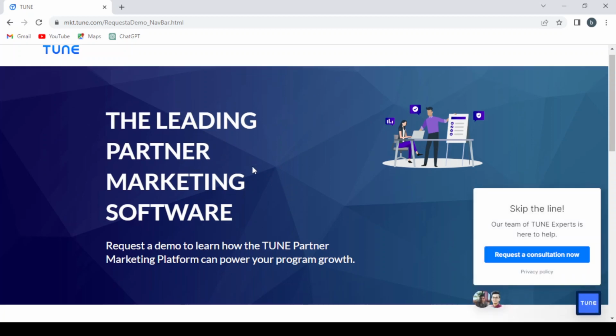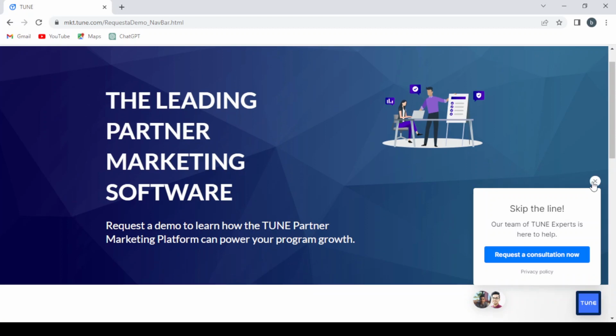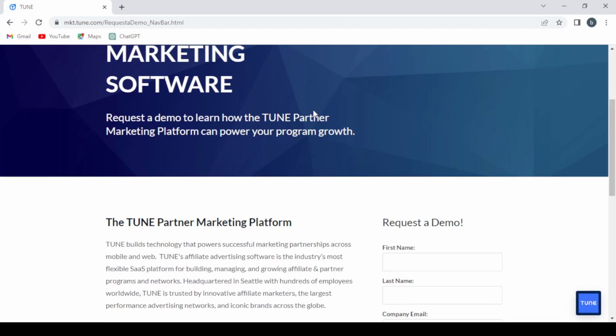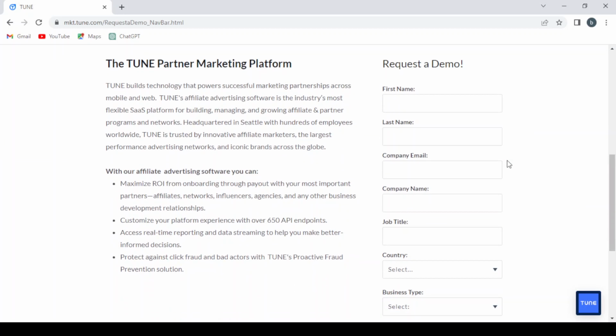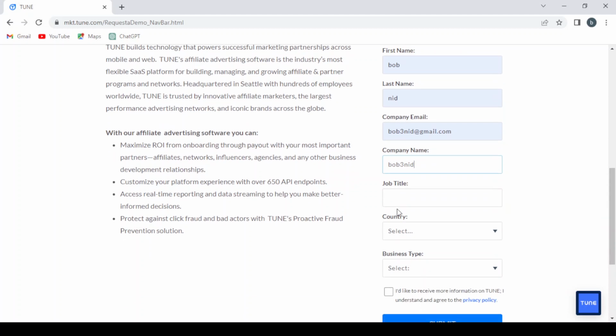So here we have the leading partner marketing software. As you can see, you can request a demo to learn how the Tune partner marketing platform can power your growth. And to request a demo, you have to fill in this information: first name, last name, company email, company name, your job title, and your country. So you need to select your country,